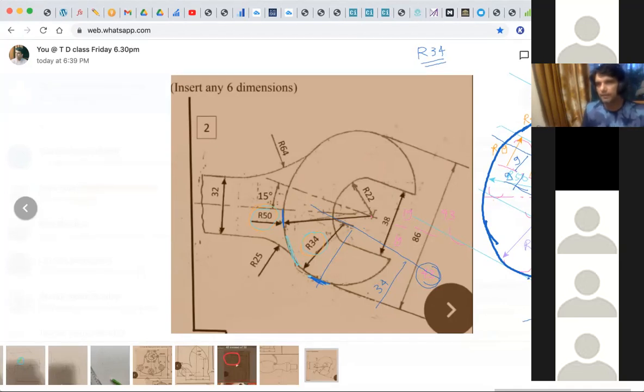Once again, I'll explain. We need to draw radius 50, right? And we have this line. So from there, you draw parallel line. How much? 34, because it is 34, this radius. And from center, we need to take 9. Why? Because 43 minus 34 is 9. So from here, you take 9 parallel line. From up, you go 9, draw parallel line. So this is how you do it.